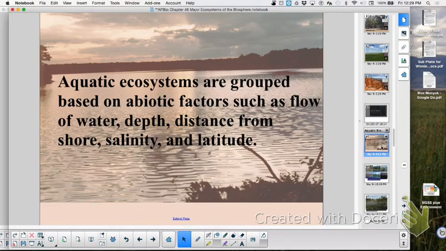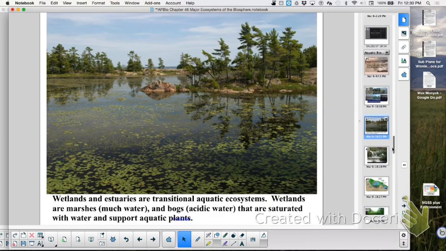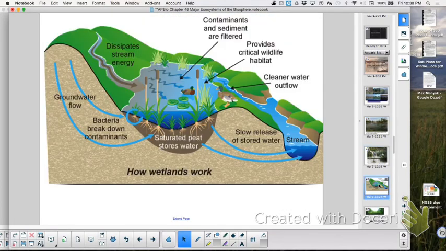We move to our aquatic biomes and things like the depth of the water, the mixing of the water, how close you are to the shore, right? And just like when we thought about island biogeography, we looked at how close you were. The salinity of it, all of those things are going to affect it, the temperature of it. We looked at different types of wetlands and estuaries. You're not going to have to memorize where it's acidic or not. Those are just examples.